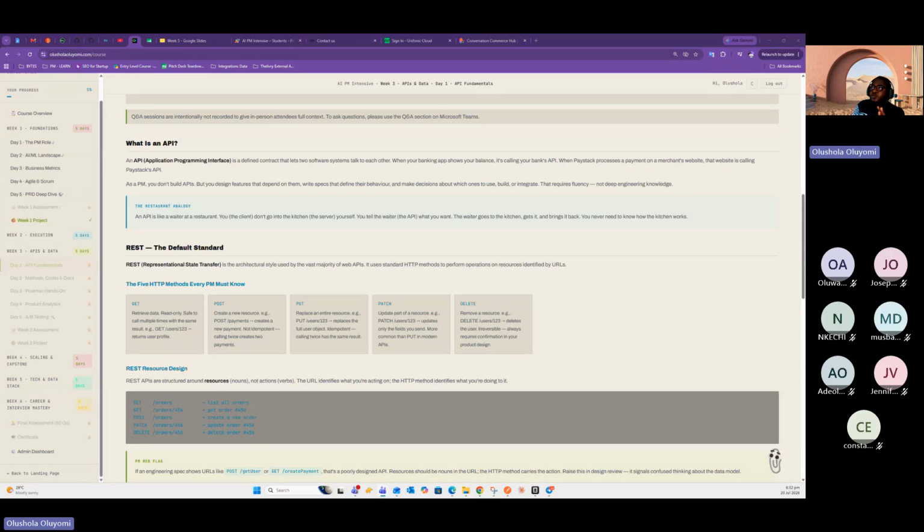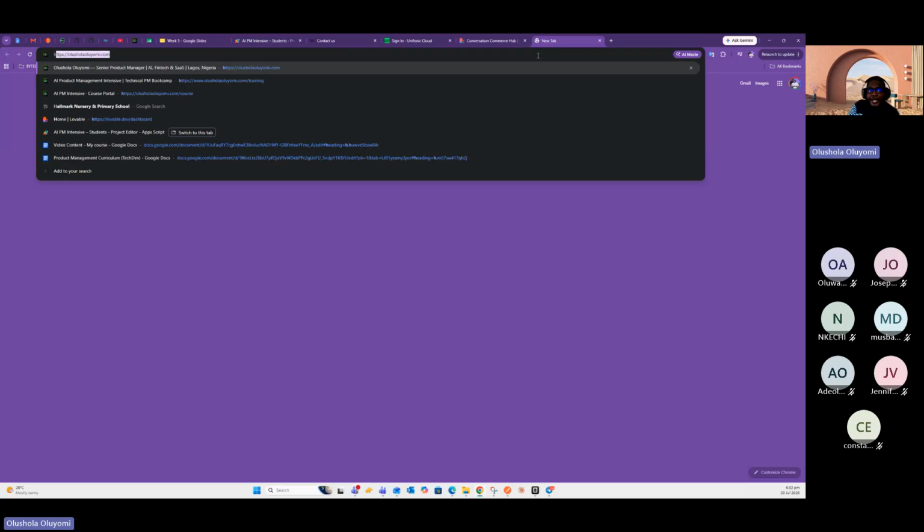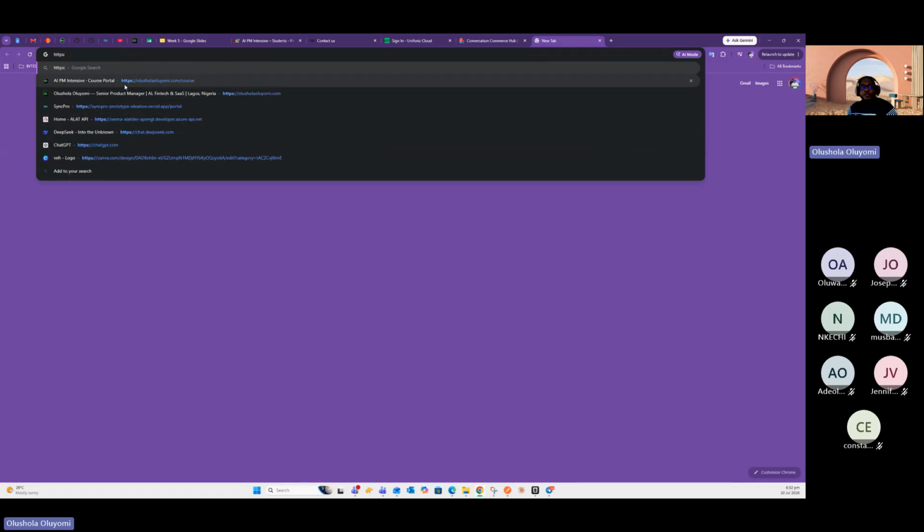So we have different ones, not just one. There are just so many, but the one that is very, very popular is your REST APIs. And okay, before I go to standards, let me talk about protocols, right? Some of us have seen the most common one, the one for web, which is your HTTP. I don't want to go into network architecture, but it makes more sense later. So you know that anytime you want to enter your website, you have to type HTTPS, right? The reason why you are doing that is because this HTTP belongs to a group